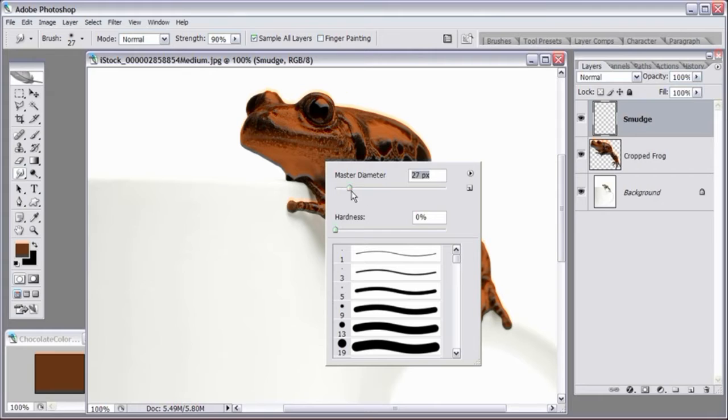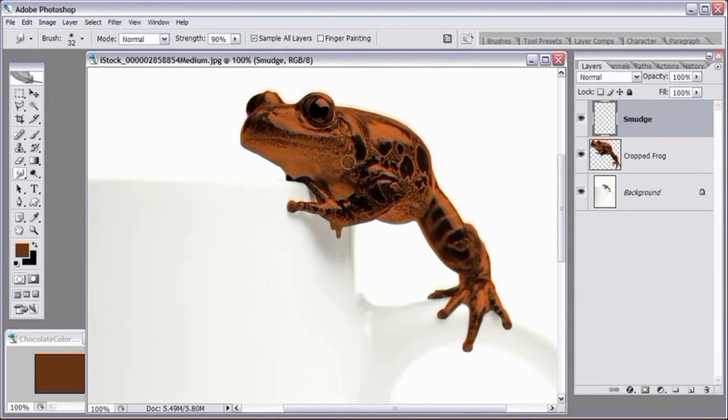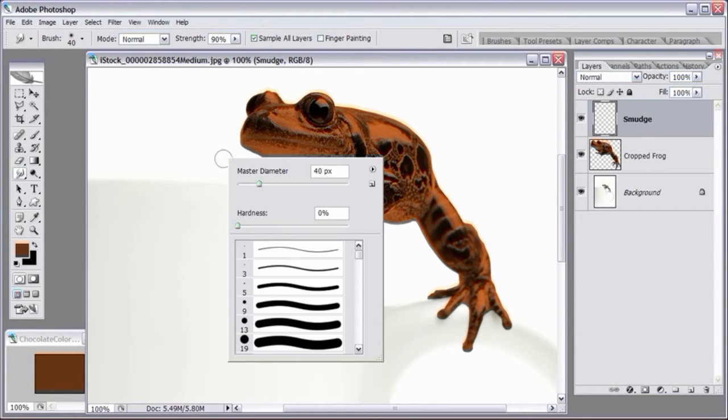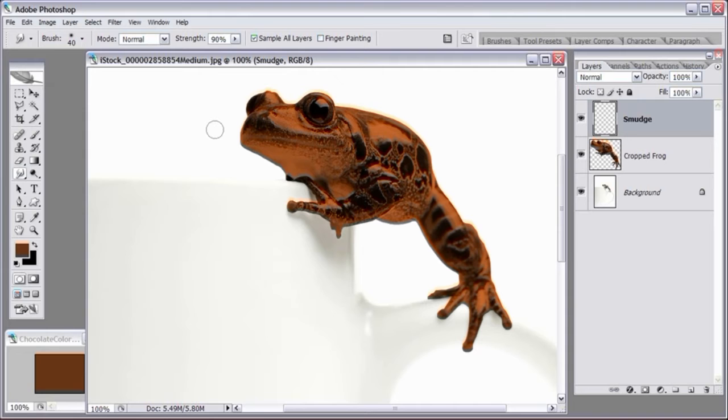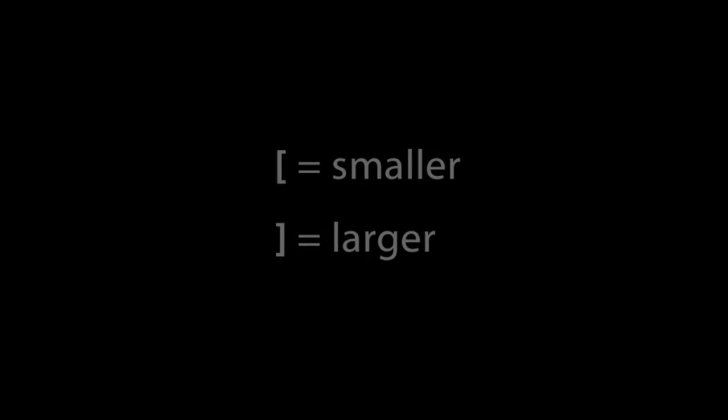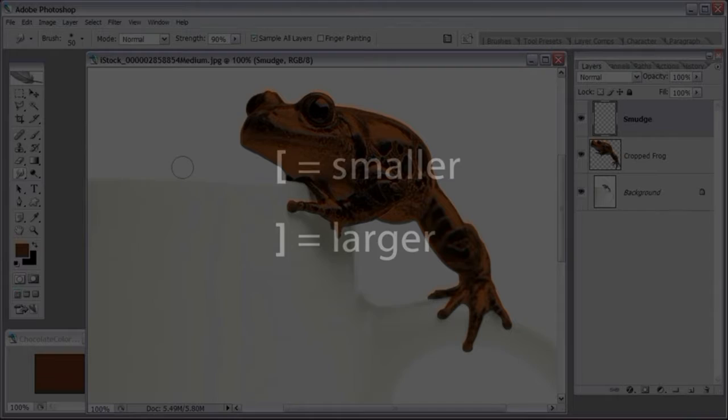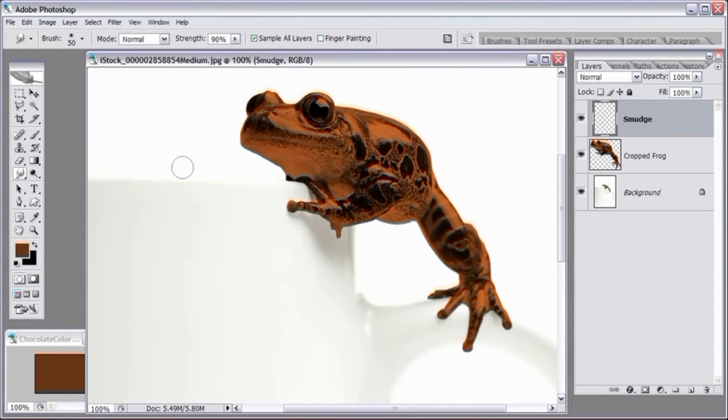So there's really no one set size brush for this particular frog here. I'll just go ahead and set it on 32 pixels, and we'll work with that. Before we move on, here's a really cool tip. Instead of right-clicking every single time you want to resize the brush, which is what I do out of habit, you can also use the little bracket keys next to the letter P on your keyboard. If I click on those, you can see that it will make the brush larger and smaller very